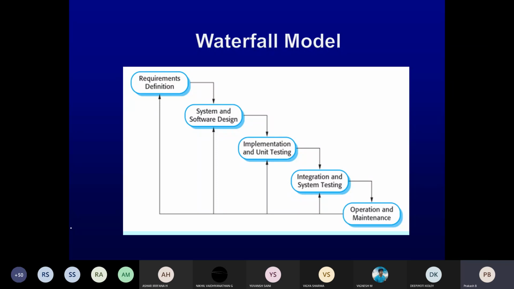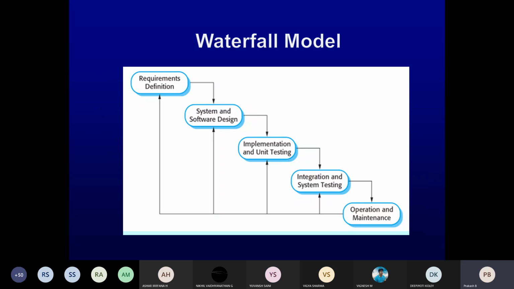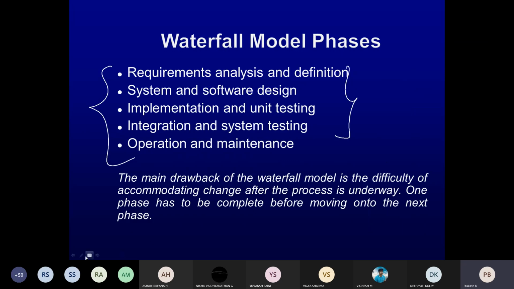Today we will continue with that. We are going to discuss the advantages and limitations of the waterfall model. The phases we have, we already discussed. In general, these are the software development phases. The main drawback, the problem with the waterfall model, is the difficulty